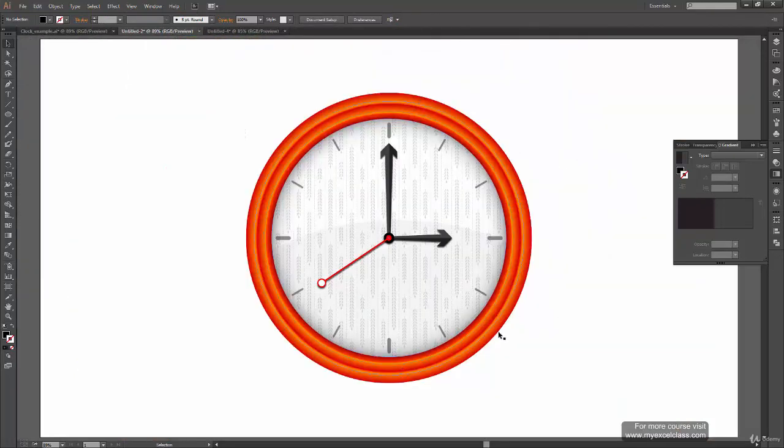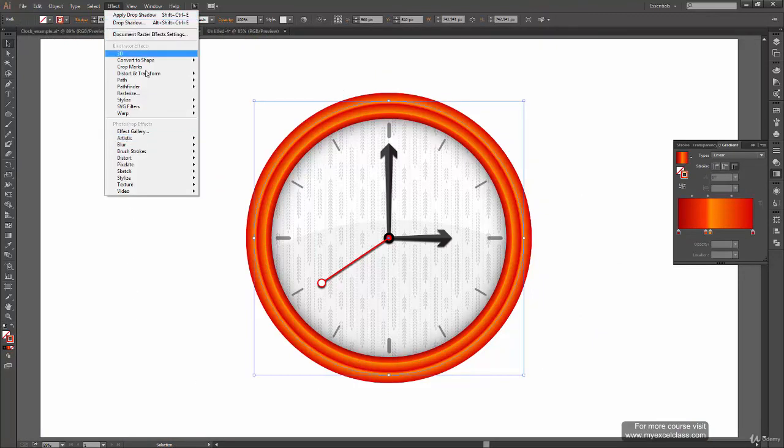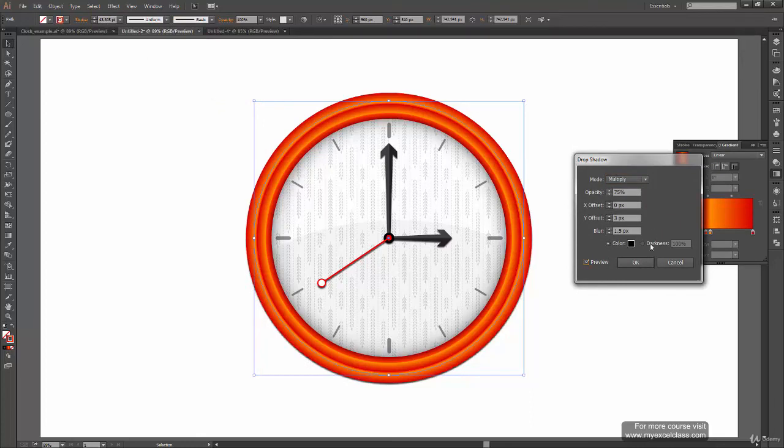Okay, so the only thing to be done is apply drop shadow to the last part, the outermost part, and we cannot use the same option again because we have to change our drop shadow values over here. Here we might want to increase the blur value to, I think, 5 pixels and Y offset to 7. X offset will still be 0, but we can obviously reduce our opacity to 50.